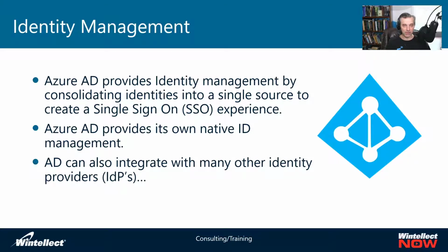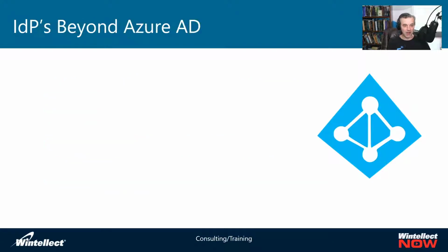An identity provider, or IDP, is something that provides identities. So Azure Active Directory fundamentally has its own, but you can extend it to integrate with other IDPs that might exist inside of your